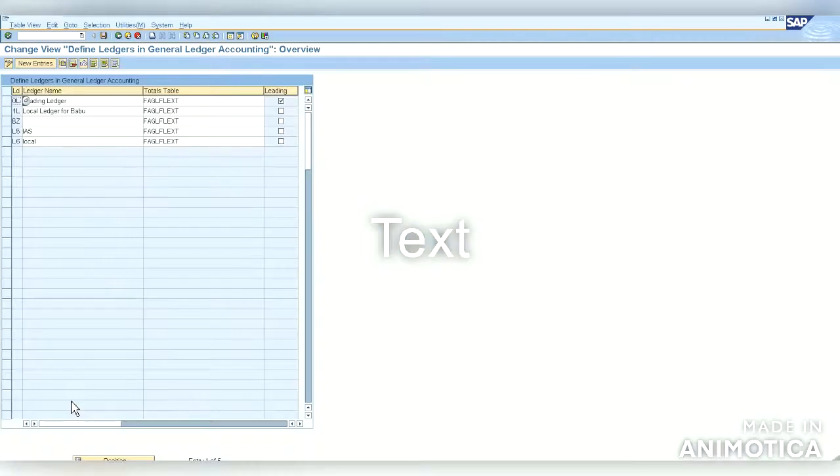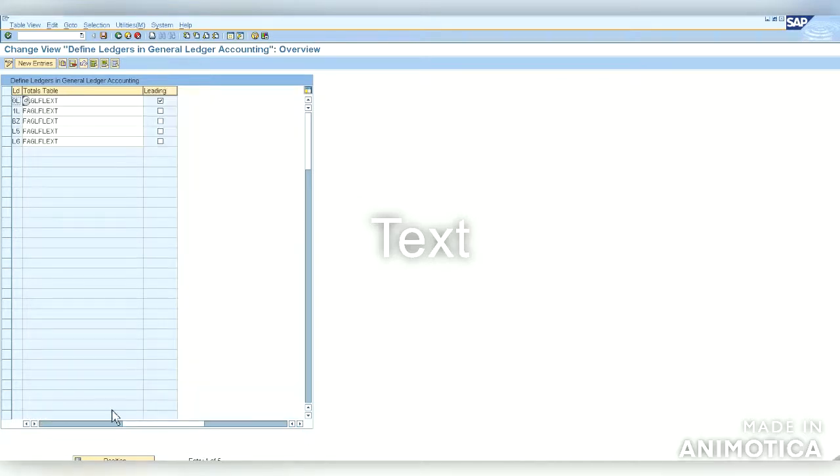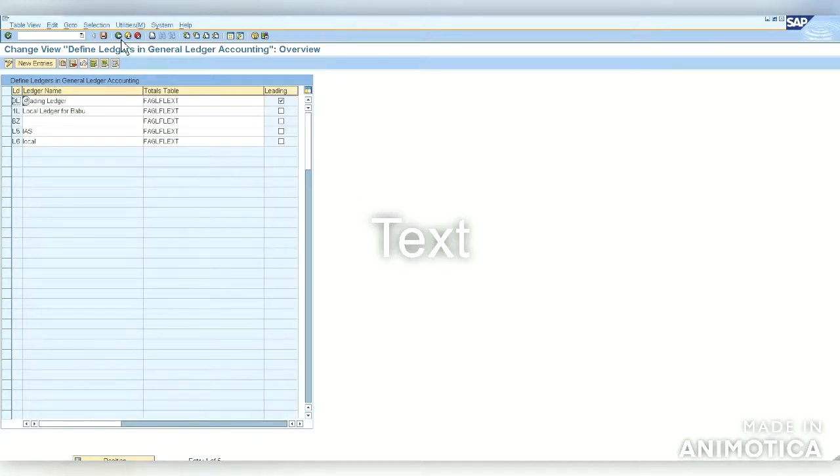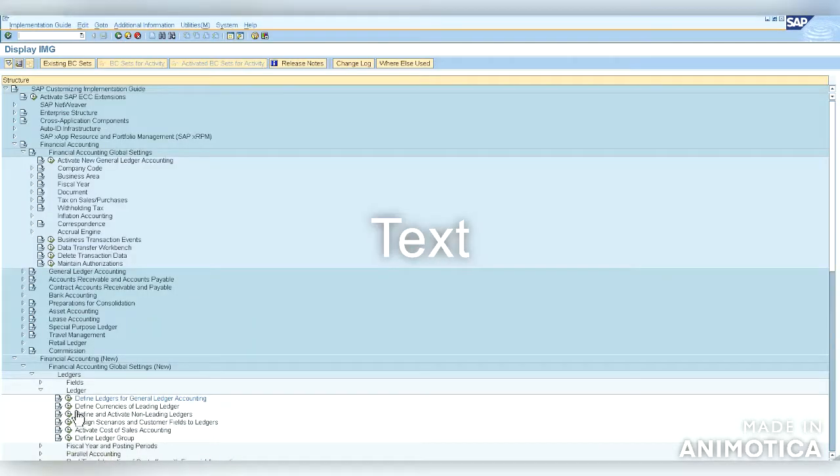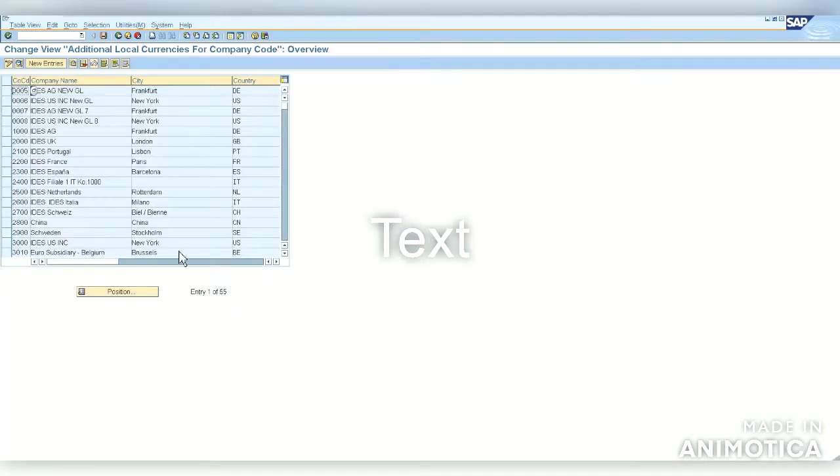Here we are just creating the ledgers and specifying whether it is a leading or non-leading ledger. Nothing more than this in this configuration step. And in this we are going to define currencies of leading ledger.